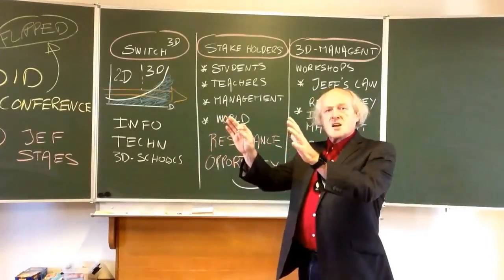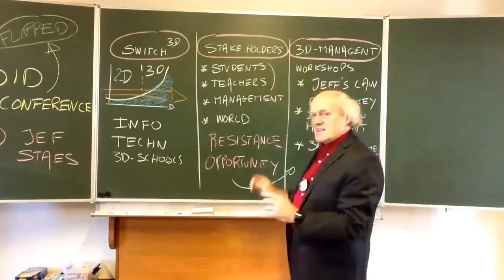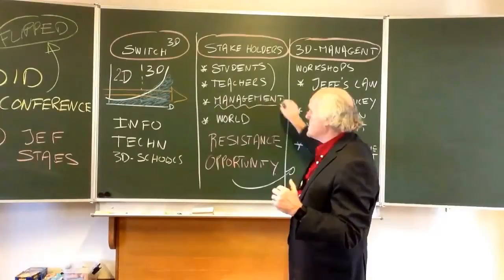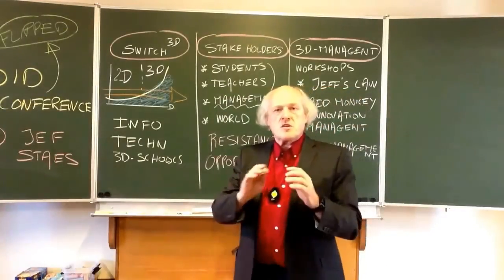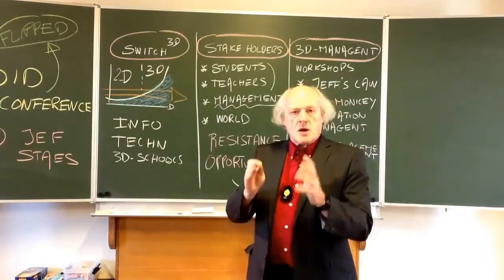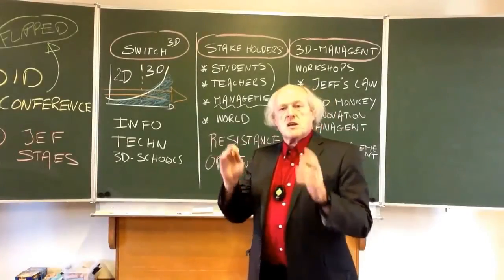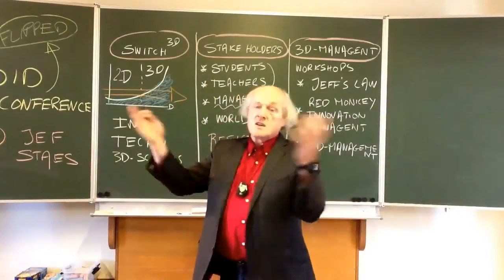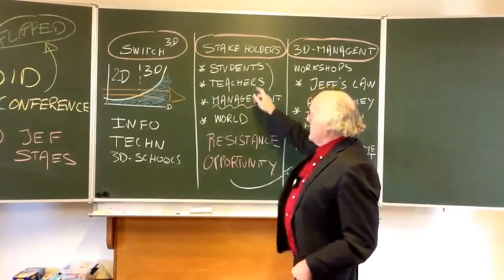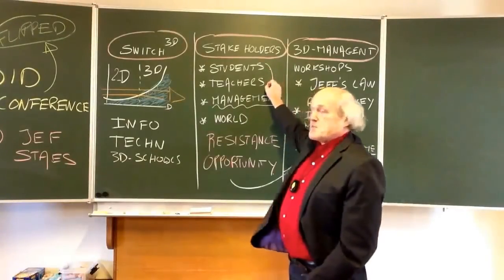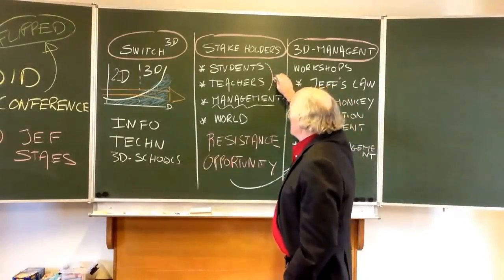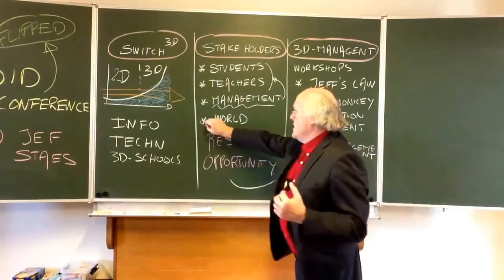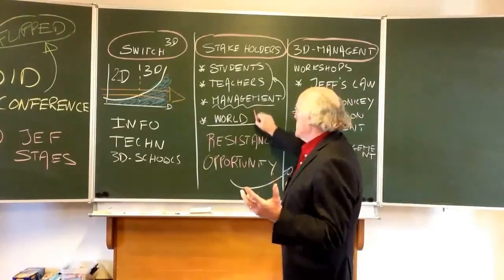There are 2 other tracks. But in order to make students and teachers embrace this change, go to flipped classroom, we need to adapt in management. And this is school management. And this will be the track I will be responsible for. It's about what needs to be changed in management of schools in order to make a Switch 3D and introduce flipped classroom in schools. And if students adapt and teachers adapt and management adapts, so these 2 parties have the possibility and the freedom to go to flipped classroom, then the world will change. And this is the conclusion of the conference.